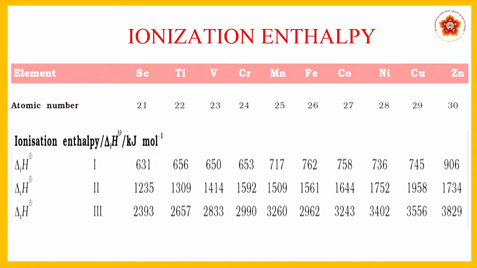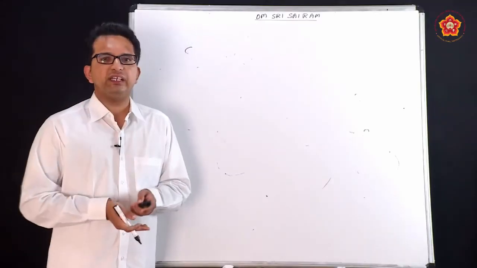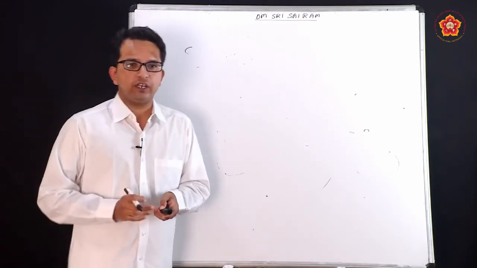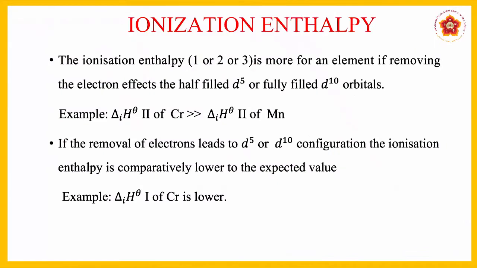If you see the third ionization energy, you will see that for iron it has decreased. Everywhere it is increasing in a proper way, but for iron it has suddenly come down to 2962. Put the same theory there and analyze why it comes down for iron, because iron in the +3 state is going towards stability. So, these are certain theoretical practical values which we have, which are not from examination point of view, but to understand the variations that have been present.